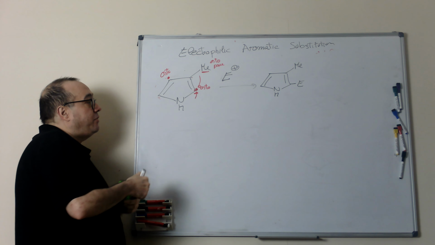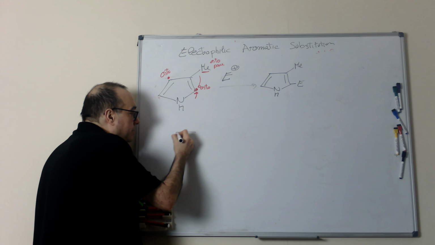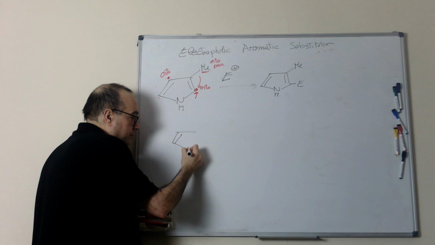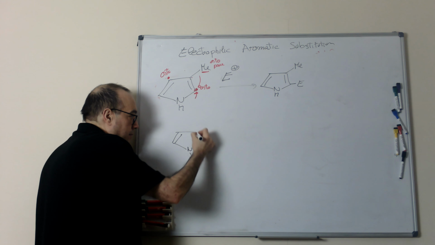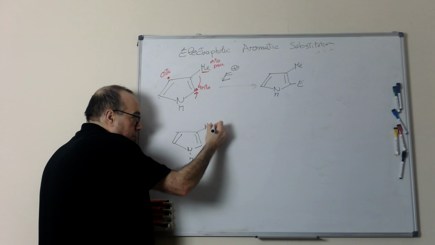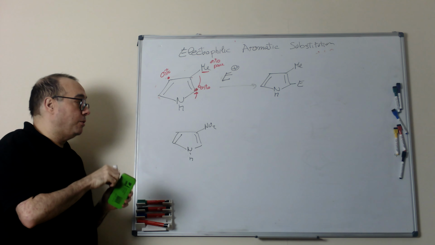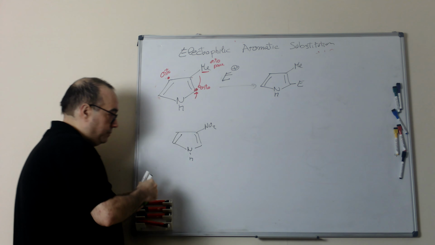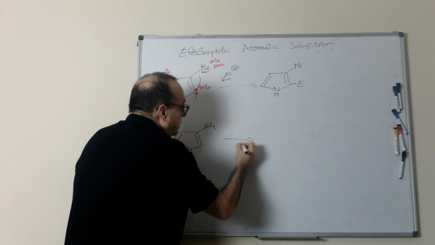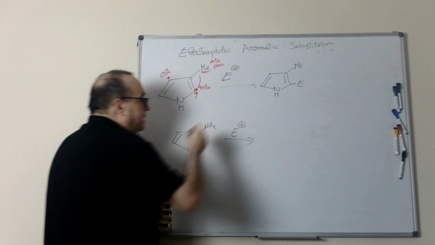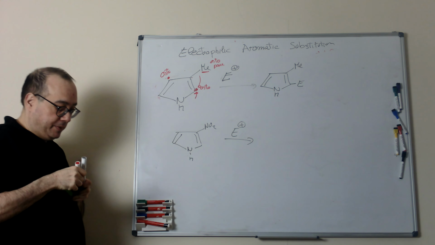What happens if instead of a methyl we have, for example, a nitro? We do exactly the same as before. We add the electrophile, and then we know that